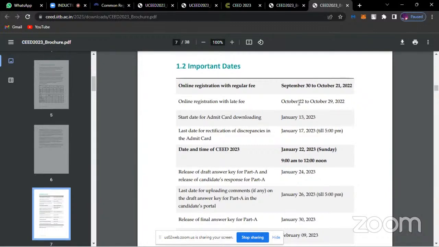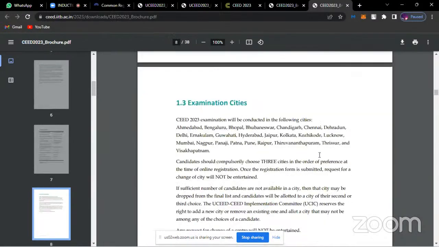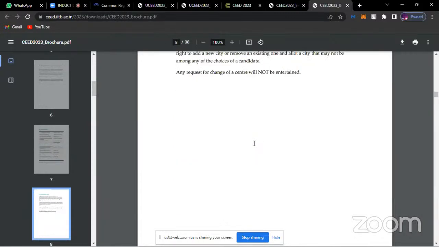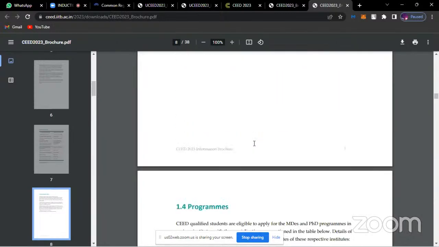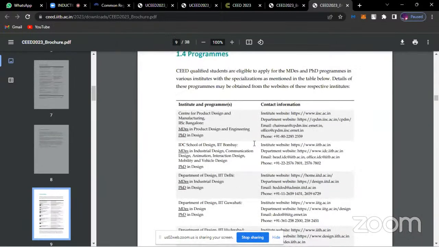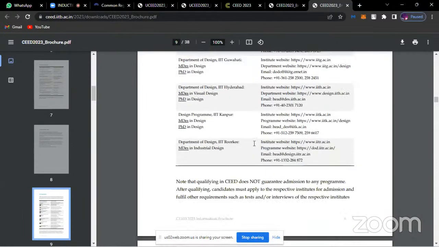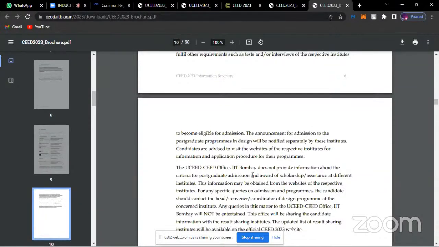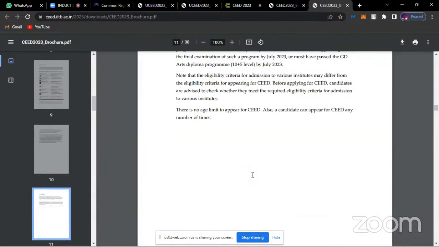With late fee over here, it's 22nd to 29th October again. So the same information. Again, in the 24 cities, all the capitals, the same examination will happen, just as you see this happening. All right. So you can also see in depth what all programs are being carried forward for CEED. In the end of this live session, I would also answer some of the YouTube questions that we are getting currently. So please wait for me to end with all the information.